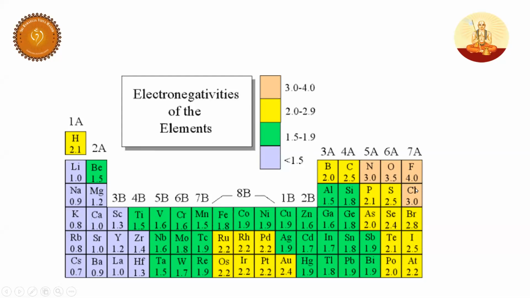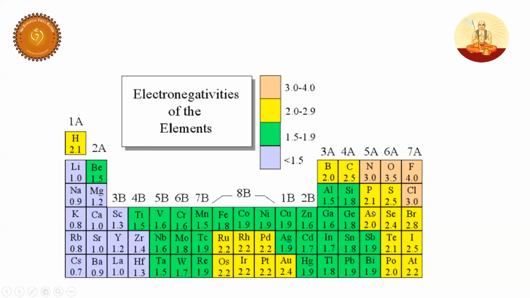Particularly, you have to memorize these values, at least from the boron family to the halogens. For example, carbon and silicon, 2.5 and 1.8. You have to remember. Oxygen and sulfur, 3.5 and 2.5. Students, carbon and sulfur have the same electronegativity values, and carbon will get the priority. Carbon is more electronegative than sulfur because carbon is small in size. So I request you to remember these values. It will be very, very helpful.